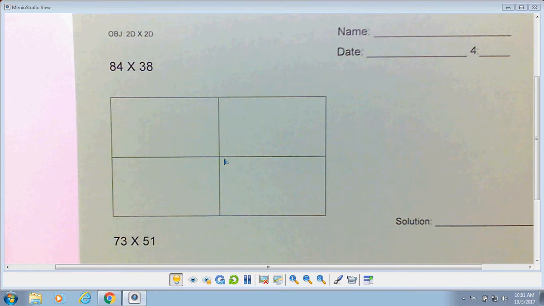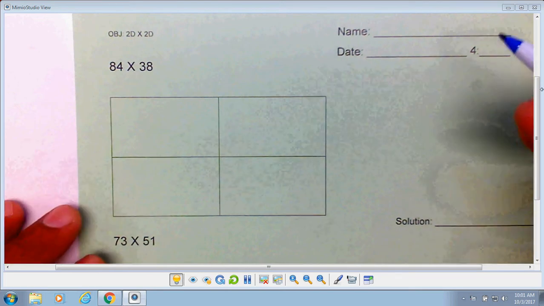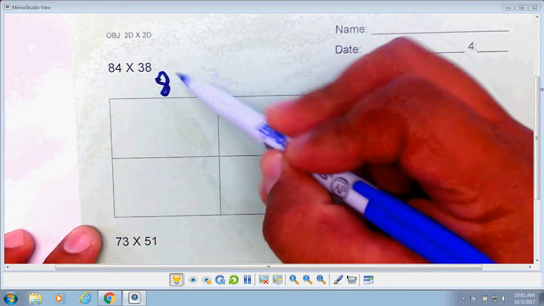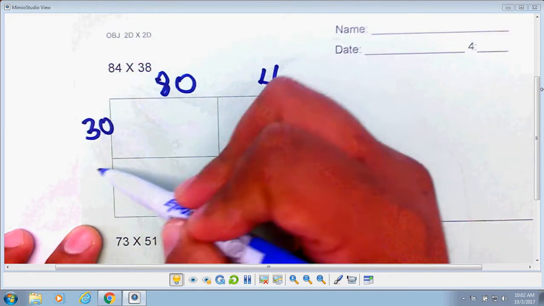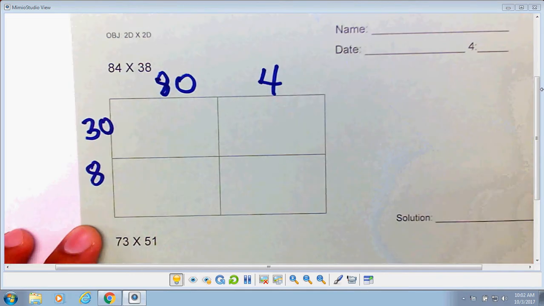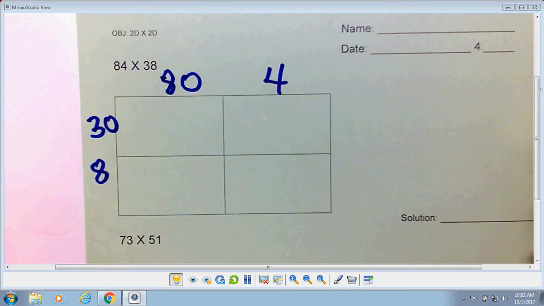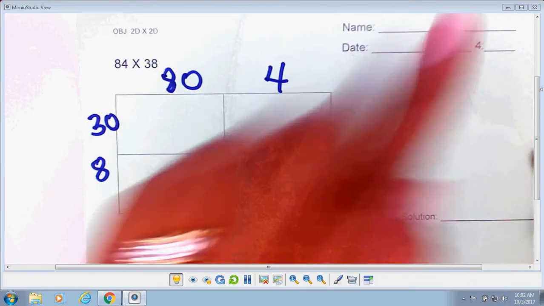We're going to do our area model, 2-digit times 2-digit. And we start out by decomposing the 84: 80 and 4, 30 and 8. Now, what I tell my students is, if you get confused about what you need to do,